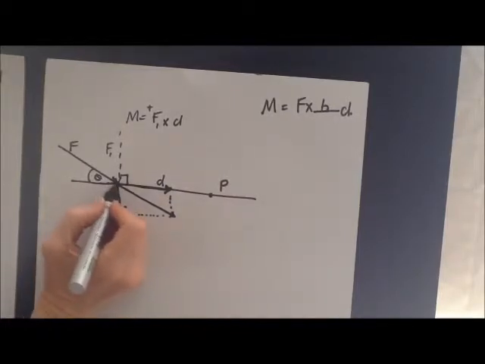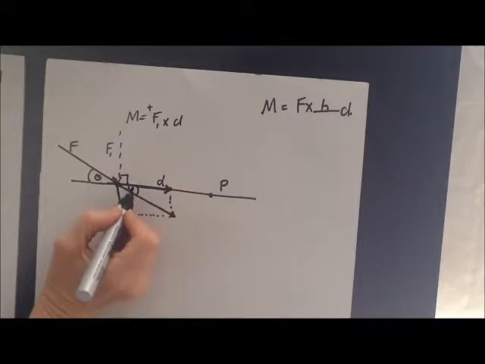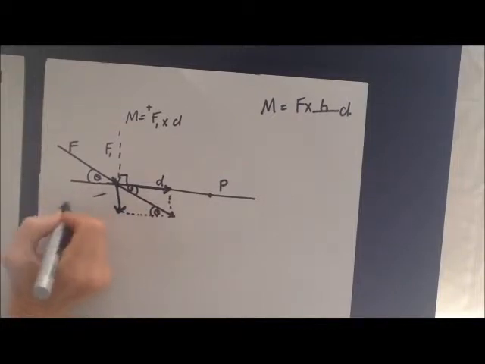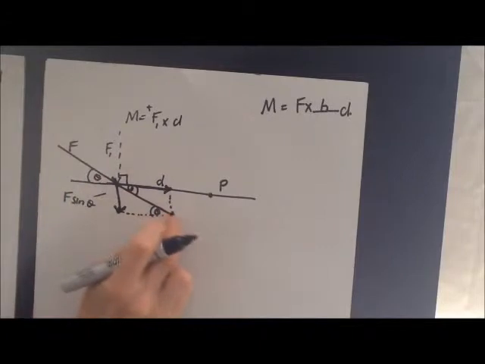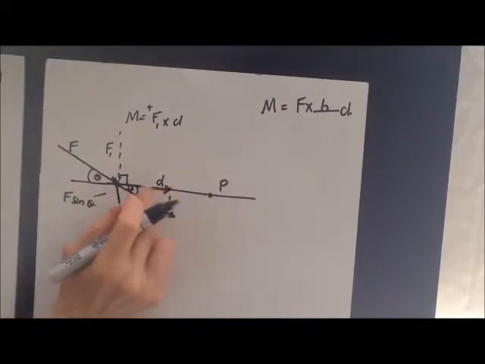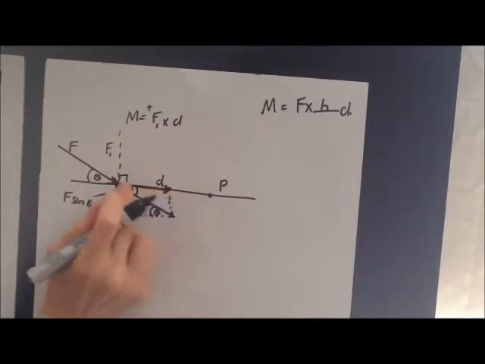And we know from trigonometry that that angle there is the same as that angle there, is the same as that angle there. So we know that this vertical component here is F sine theta, because this is F along here. And we know here that this is F cos theta, but we're not going to use it